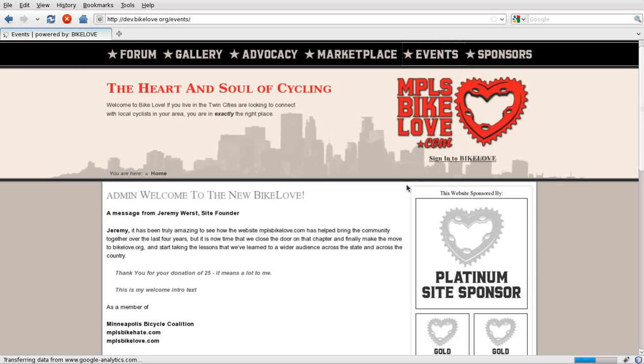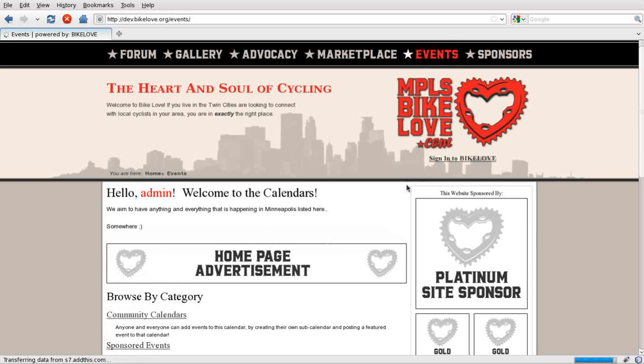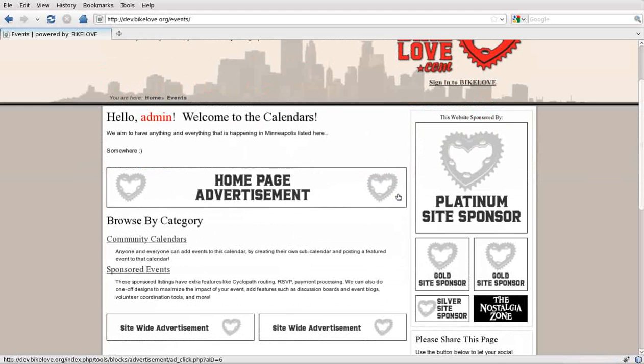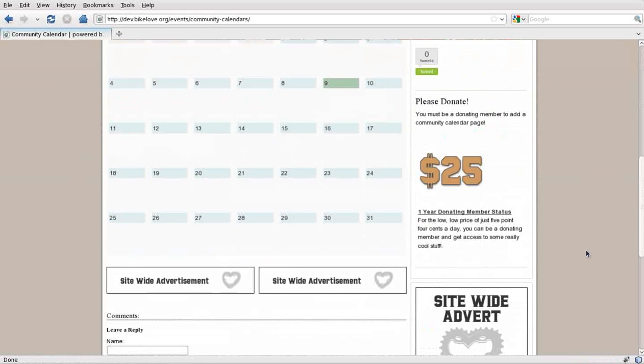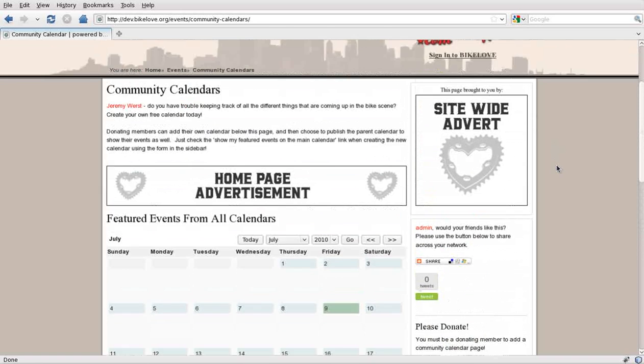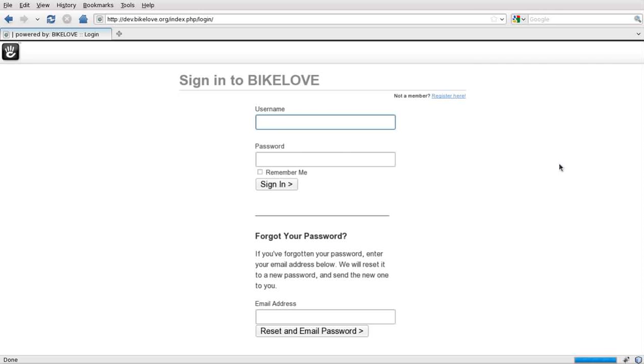Demonstration is going to be on the calendars. I'm hoping to have this up probably tomorrow, maybe later on tonight. It's about 4:30. But basically go to events and community calendars and you can see, oh hey, instead of a nice little form to tell us what's going on and let us create our own calendar, we're getting asked to become a donating member. That's because we're not logged in. Of course, we've already donated, so